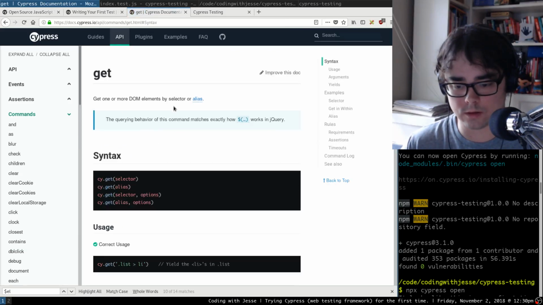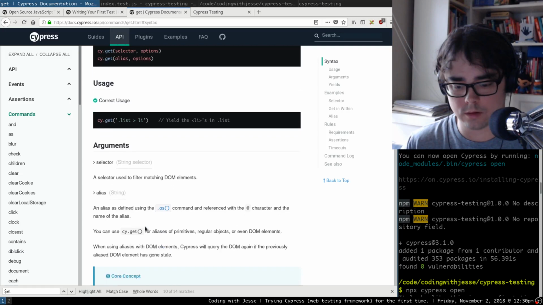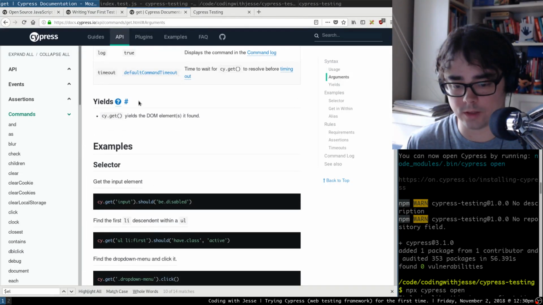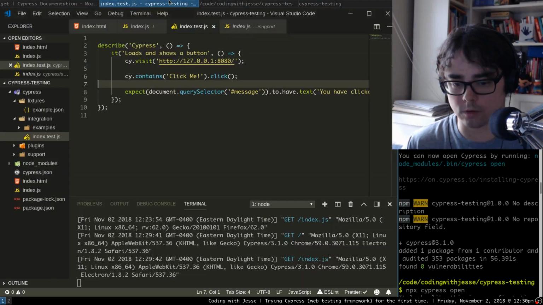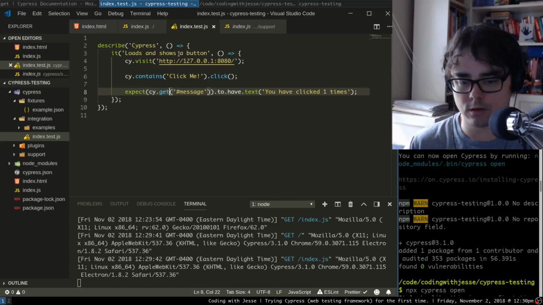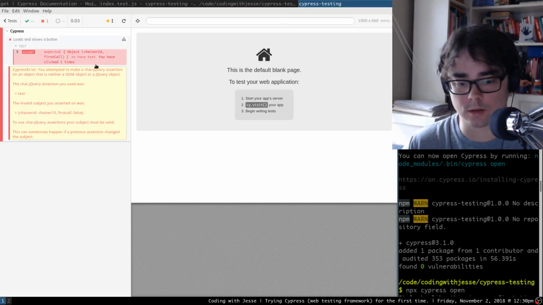It returns, I think it should return the element. Yields the DOM element. So maybe it just didn't work. I don't see why it wouldn't. But let's go back here. So